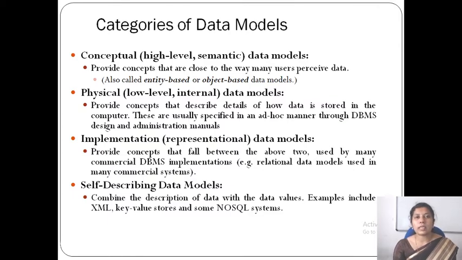Each row will indicate one record related to one entity, and the column represents the attributes or the fields of each entity.